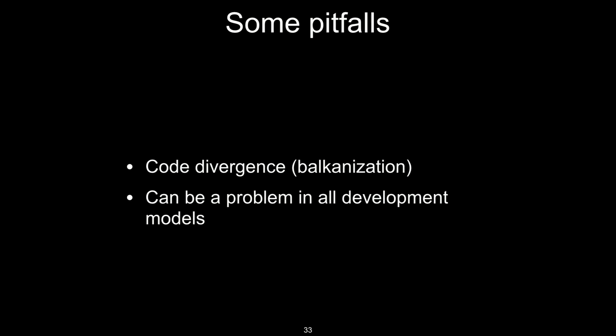But then you go, but no, what version of Gadget, right? And do you have this fix, or this, or this? How did you do the cooling? How did you do the subgrid physics? And so while the impact was enormous, the way that it was distributed and maintained and developed created problems, created code divergence. And this can be a problem in all development models, not just one where you're downloading a tarball and going. You can have this sort of code divergence in all sorts of development models.